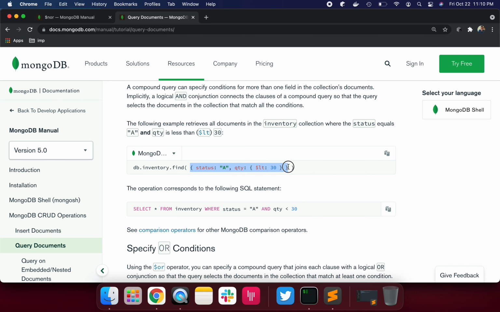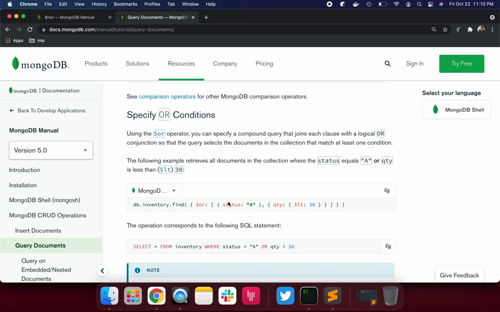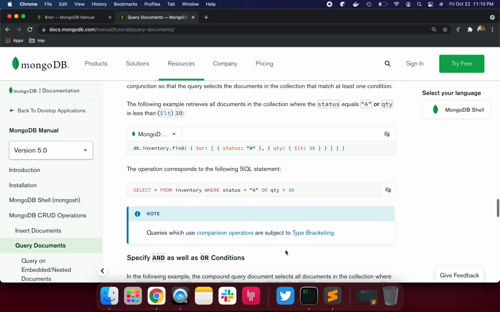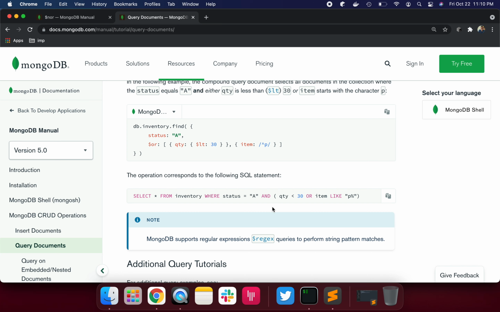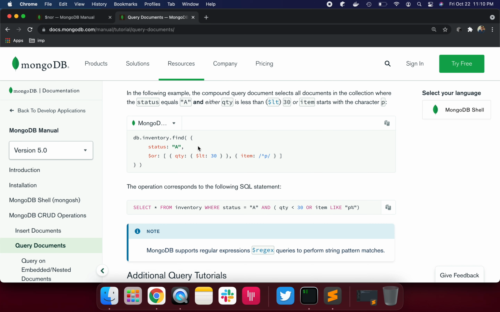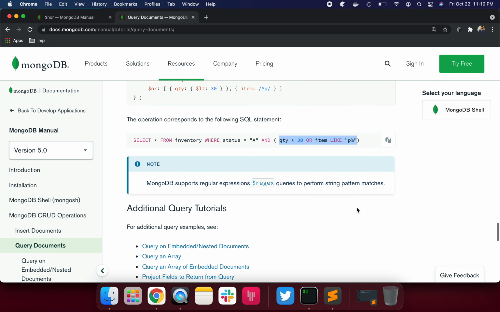Similarly for or, we are saying status is A or quantity is less than 30, like a relational database query. Any one can be true, then we are good to fetch that data set, right?